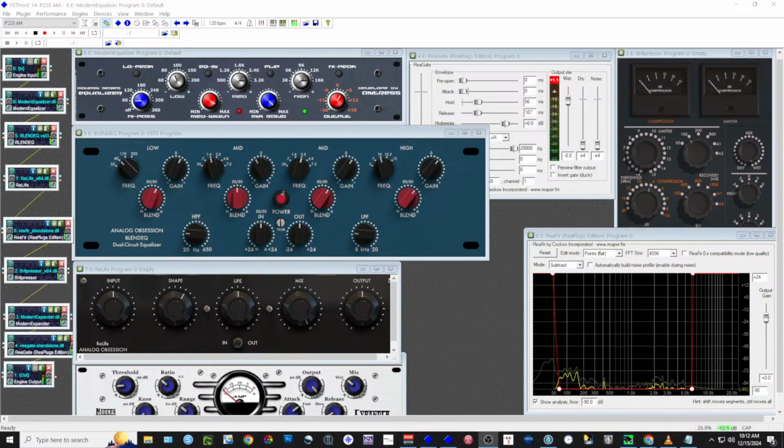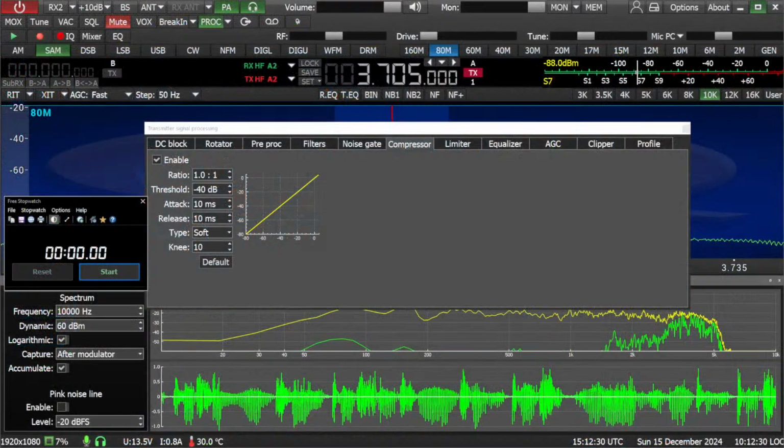Okay. You do want a decent level of compression and hard limiting if you can apply it. Let's get back over here. Just because of the nature of how this rig handles modulation in the AM mode, and